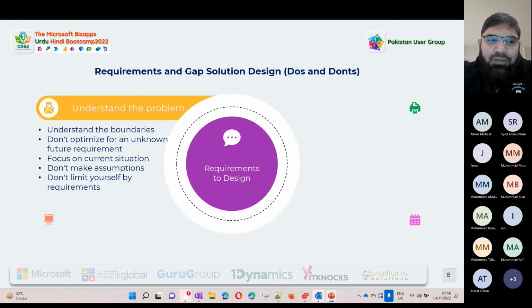Many organizations, many consultants focus on the requirements. Whatever the customer has asked for, they go and basically provide the details or start solutionizing. That's not right. We need to understand what our boundaries are. We don't focus on an unknown future requirement. So there is a requirement that will come after go live,